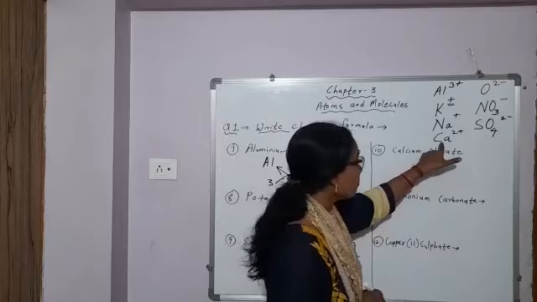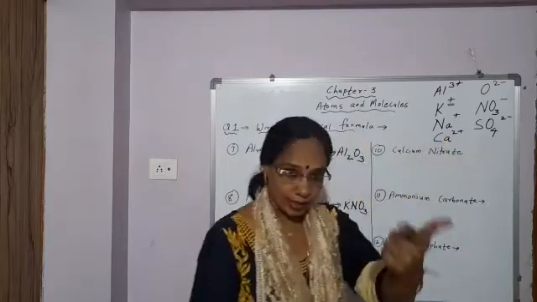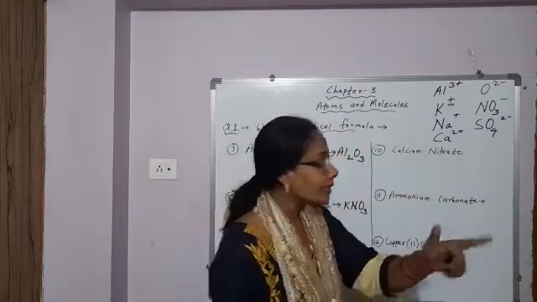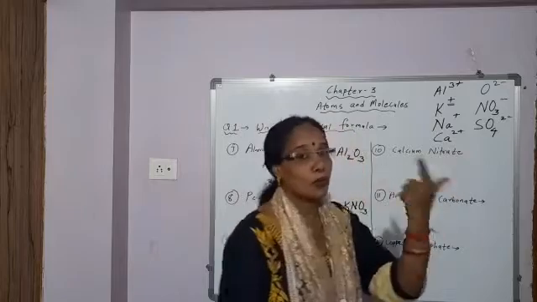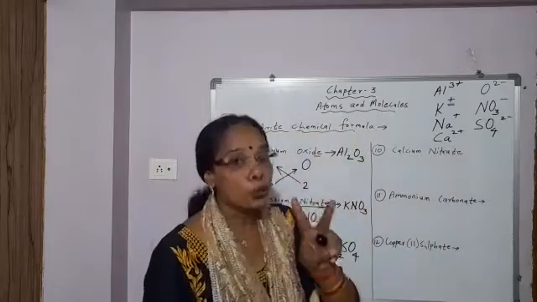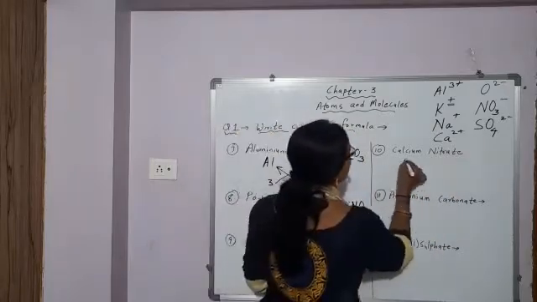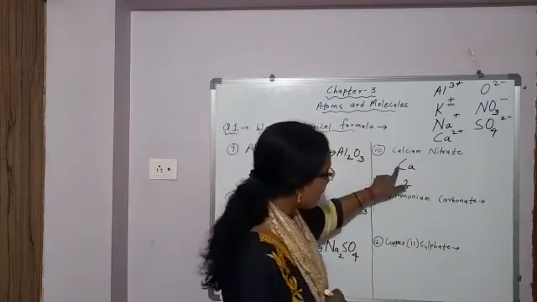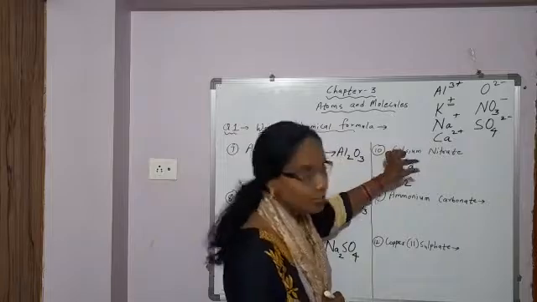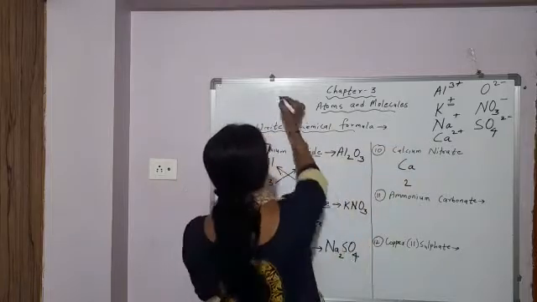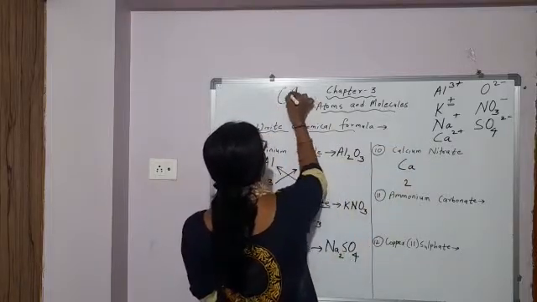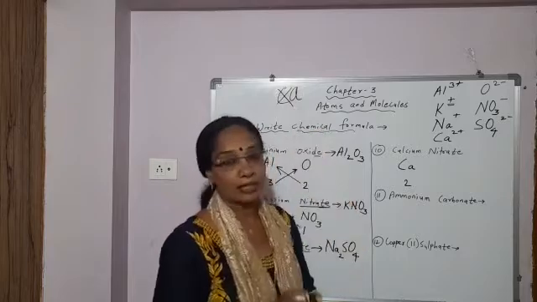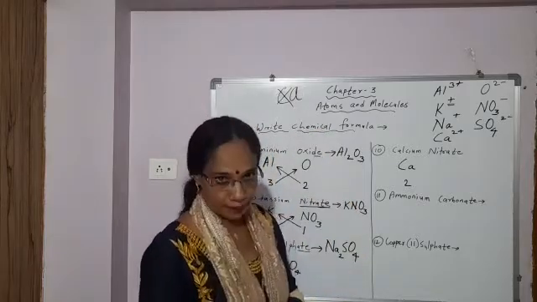So calcium, positive ion means it is losing electrons. How many electrons is it losing? 2 electrons. So what is the valency of calcium? 2. So calcium Ca, and what is the valency? 2. Capital C, small a, the size of a should be small. You will not write it wrongly, this is the wrong way of writing. You will not get marks. You will get 0 directly.